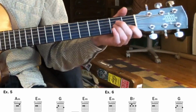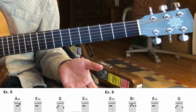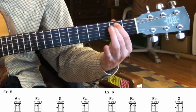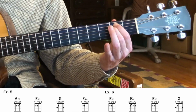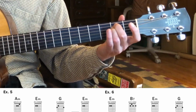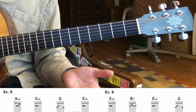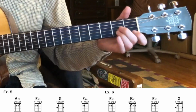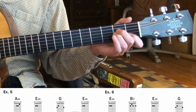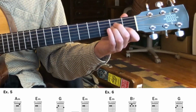So here's another little example on some minor chords. So E minor is another one that you can hold it down with your index and middle fingers, or with your middle and ring fingers, for instance. And in different contexts, it might make sense to do it differently. So in this first progression, example 5 here, we've got A minor,